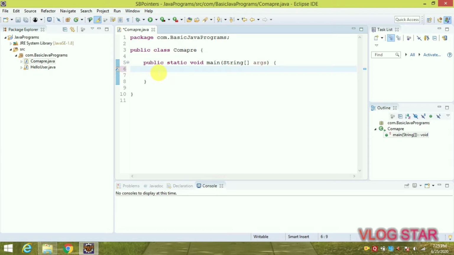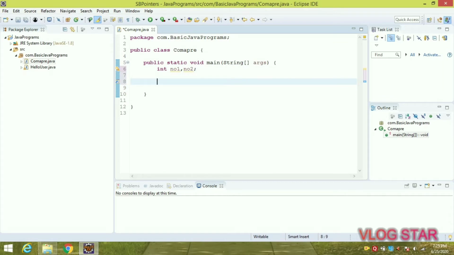Now first of all we need to initialize variables. For that I am taking int. As we are accepting two numbers from the user, I am taking number1 and number2. These are variable names, you can give any names. So this int is the type of our variable. As we are accepting integer type of number from the user, you can give it as double as well, so that it can accept decimal points as well.